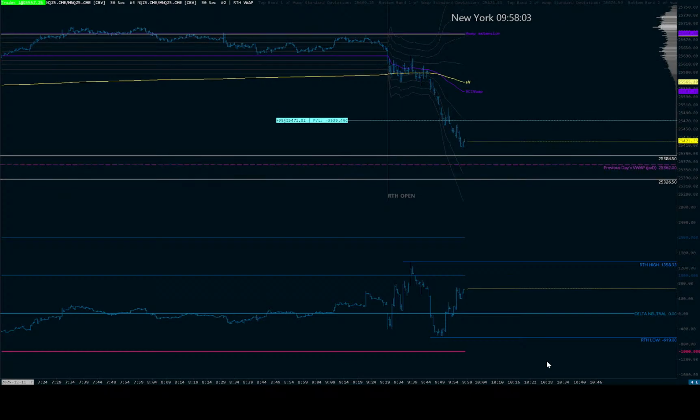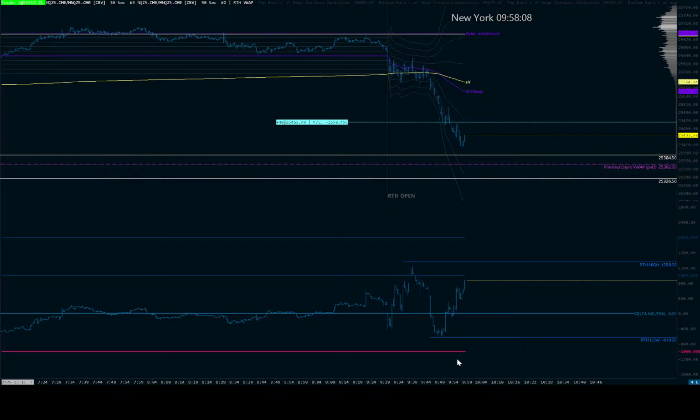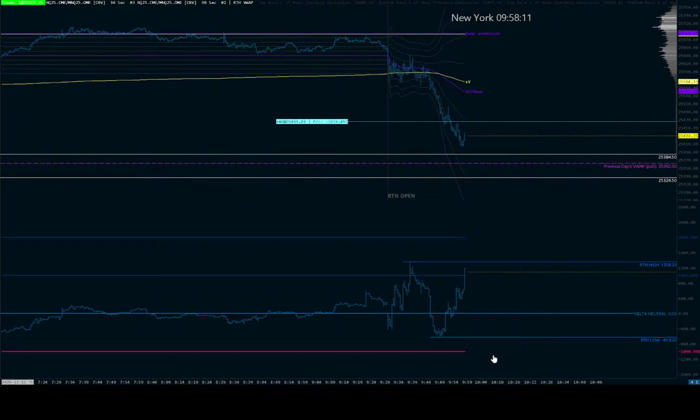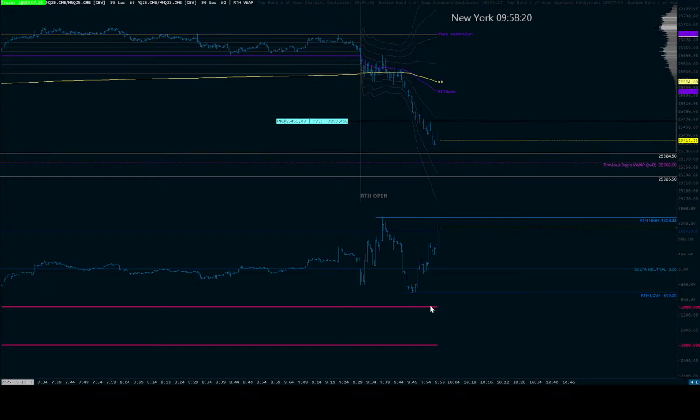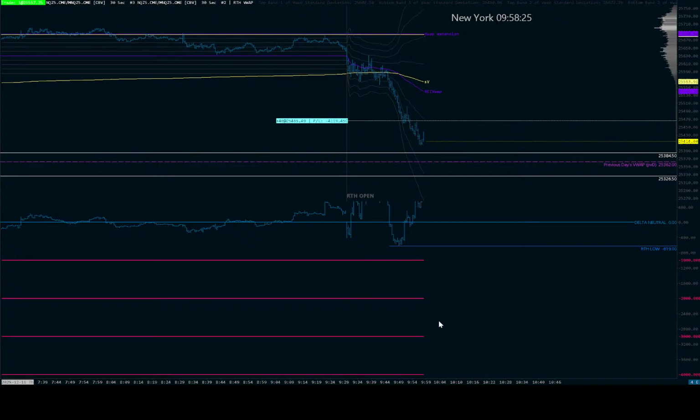Yeah, for sure. And that's where I think, just basing it on the delta levels themselves, you could buy one micro at negative 1K. And if the one micro at negative 1K doesn't hold, maybe your parameter is when it gets to negative 3K, you buy two more micros or three micros. And so you can absolutely use the CVD to base your risk parameters around.